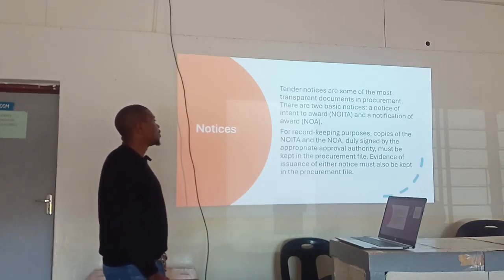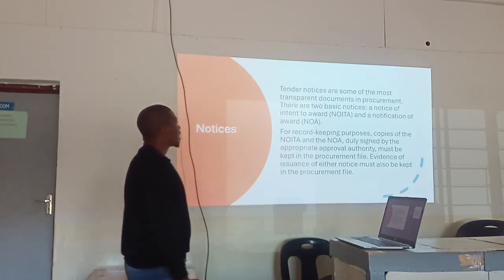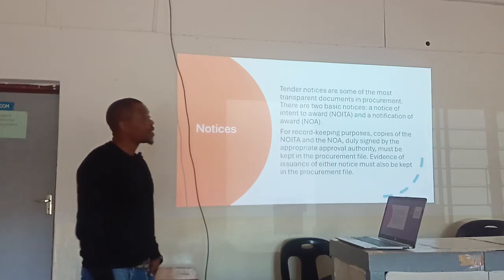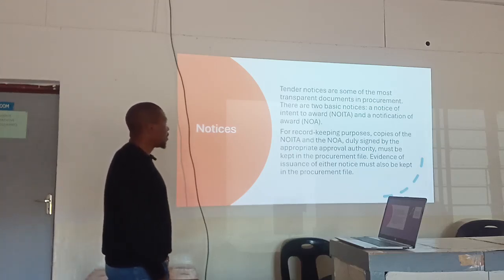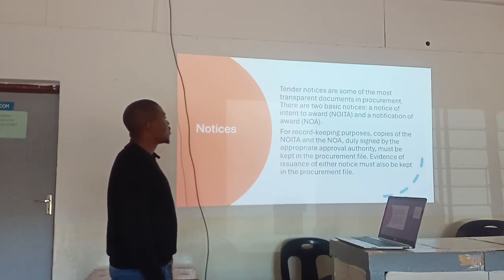Okay, so tender notices are some of the most transparent documents in procurement because they show that